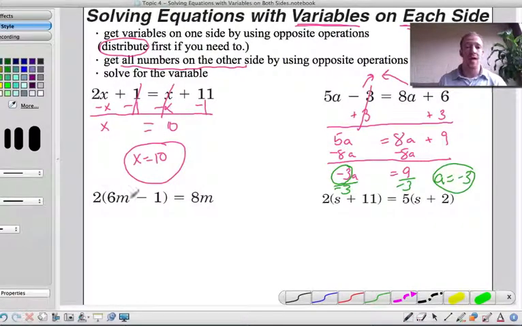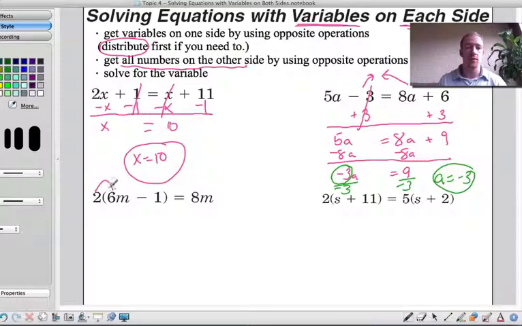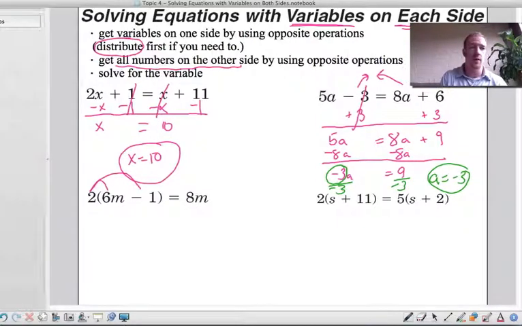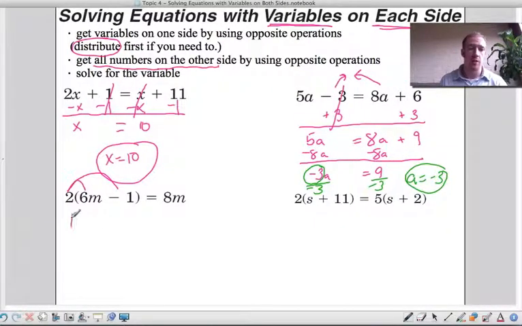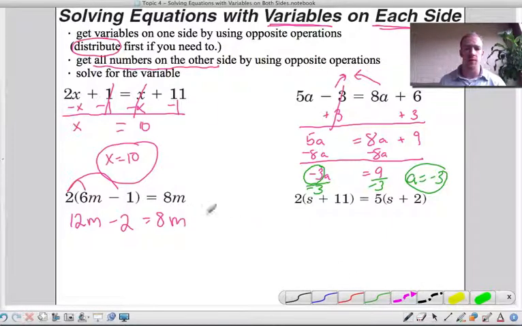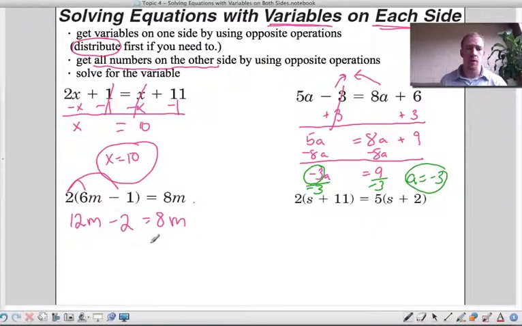Alright, for this one, now we have to distribute to simplify this first. So we have 12m, and don't forget to distribute to both. 2 times negative 1 is a negative 2. Equals 8m. Now we follow the same steps. So something a little different happens here. When I subtract the 8m,